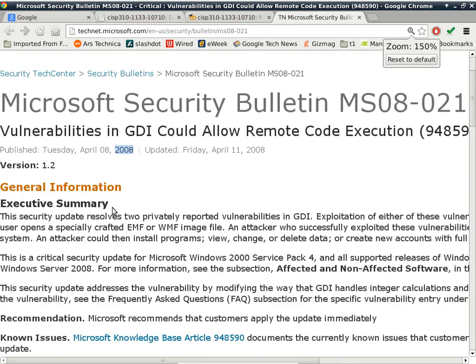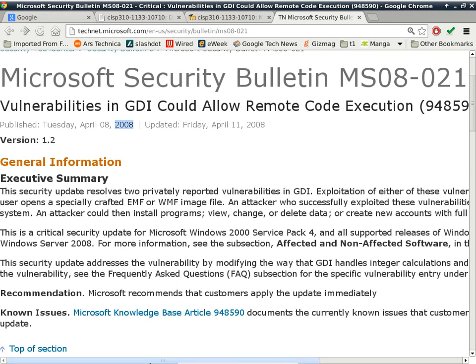So let's read the text a little bit here, just to understand the severity of this particular problem. The security update resolved 2 privately reported vulnerabilities in the GDI, and the GDI is used in just about any type of graphics or bitmap rendering in Windows. So in Internet Explorer, you can go to eBay, look at a picture of something that you potentially want to buy, let's say a laptop computer. If the GIF itself is malformed and contains this malicious code, just looking at the picture can get your system